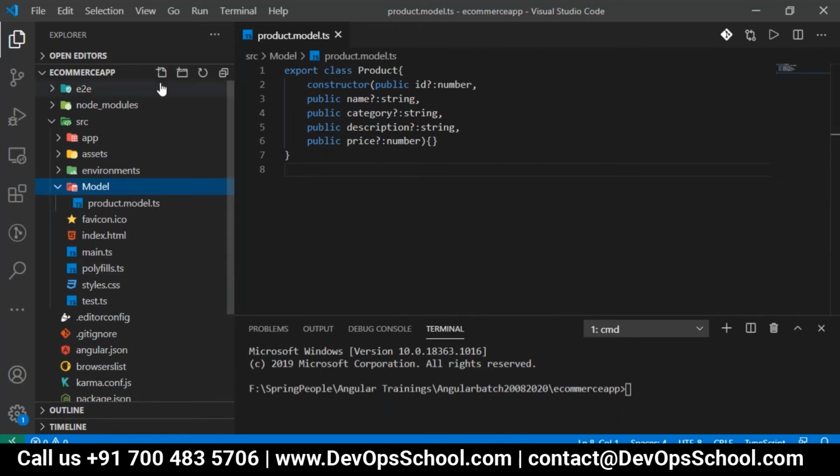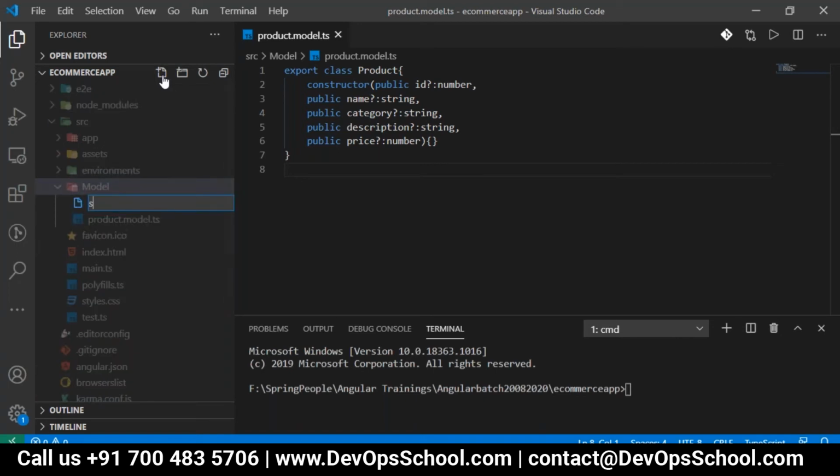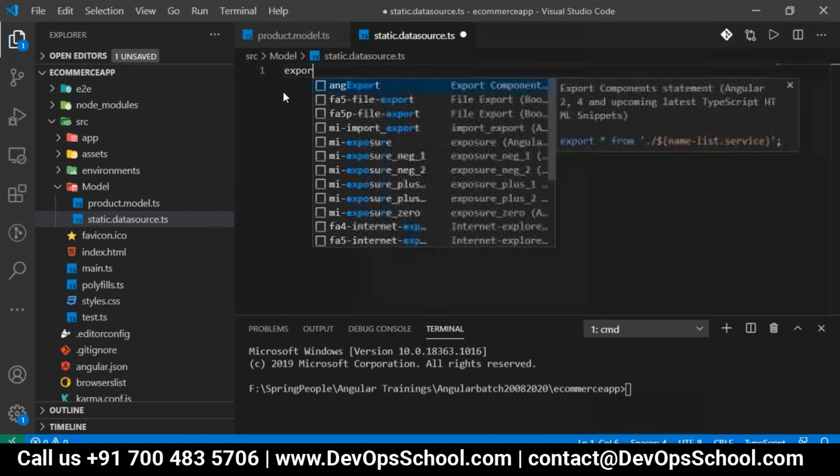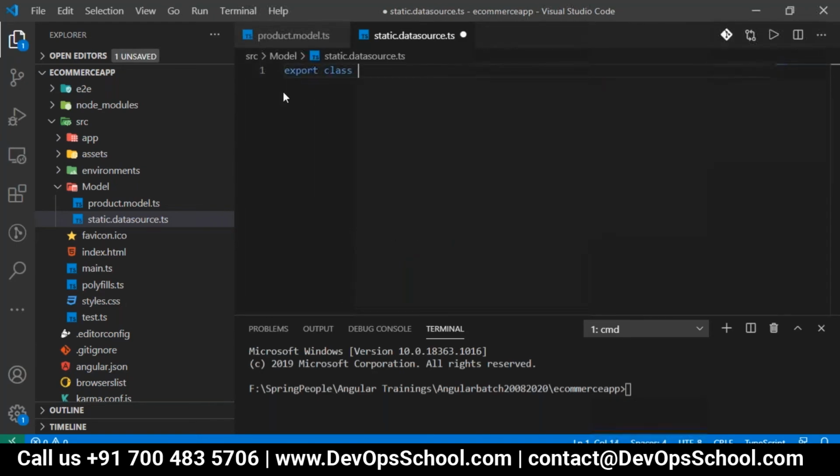In the model, we'll create another file. I will make it static data source.ts. I want to make it an injectable. So first, let me create an export class StaticDataSource.